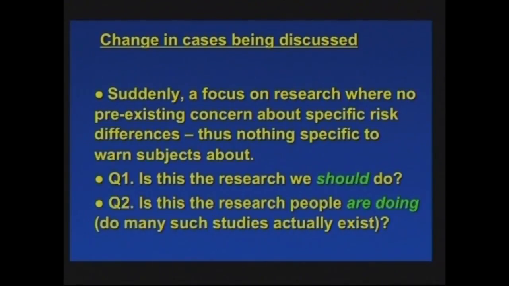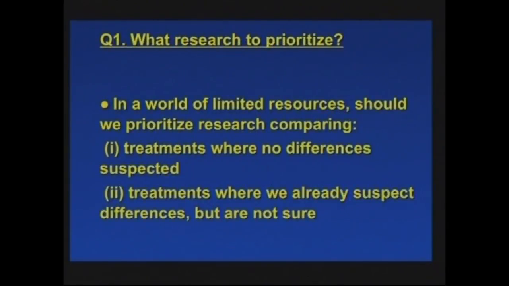And so I have two questions relating to this. First of all, is this a sort of research we should do? Namely, should we be focusing on these studies where we have no reason to actually suspect specific differences between two drugs, but we say, well, there are two drugs that treat this particular condition, haven't a clue which of them is better, even though presumably, as standard of care, they have been used a lot and not a single bit of evidence has shown up to suggest a difference. Is that the sort of study we really want to conduct? And secondly, let's look at the real world. Is this a study that people are actually doing? Maybe that actually tells us whether or not this is a good or a bad thing to be doing.